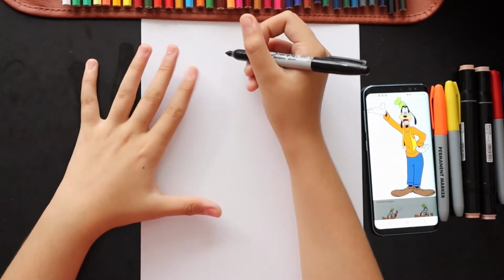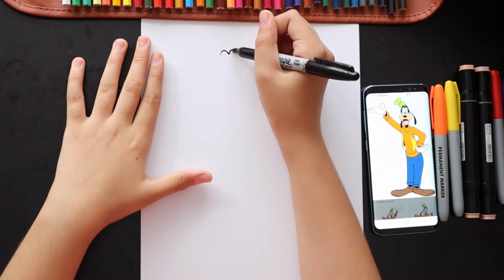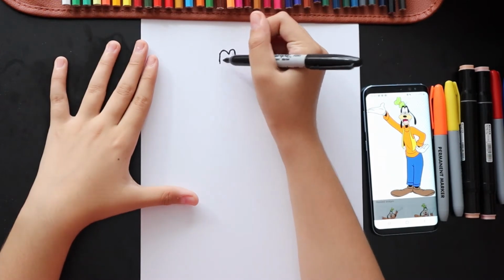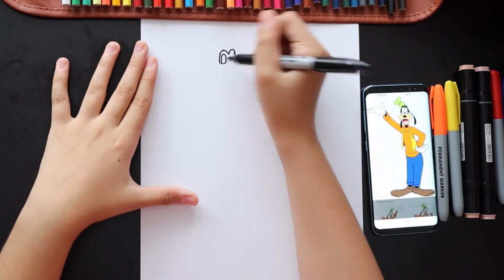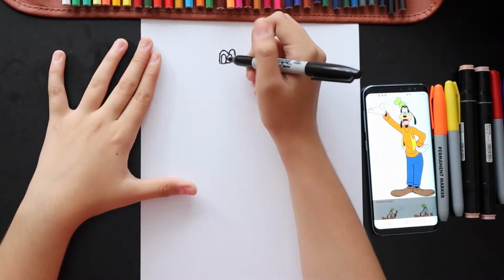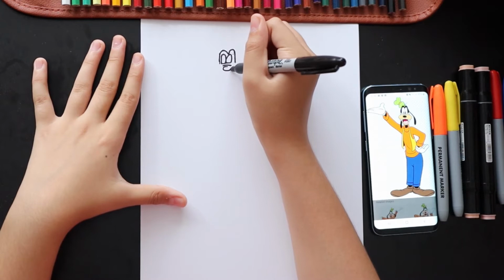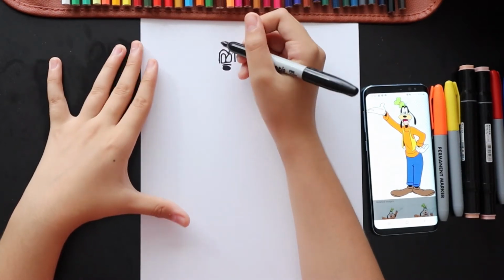So up here for the head, do like this M shape. And we do two lines going down, and then we go around. The shape of eyes on each side, and then do a line here, and then we do Goofy's nose, big round like that, then the